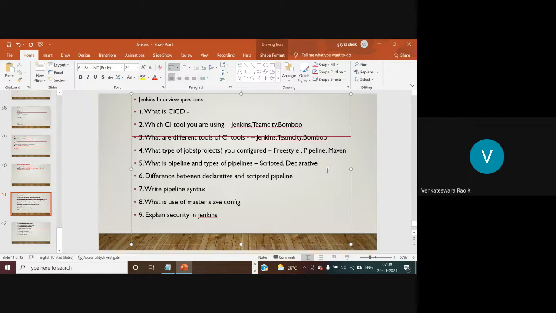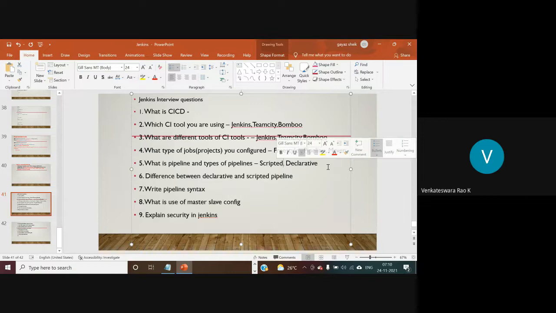The declarative pipeline starts with the keyword pipeline, and the scripted pipeline starts with the keyword node. In the remaining part of the body, the steps are the same; we are going to have different stages both in scripted and declarative.